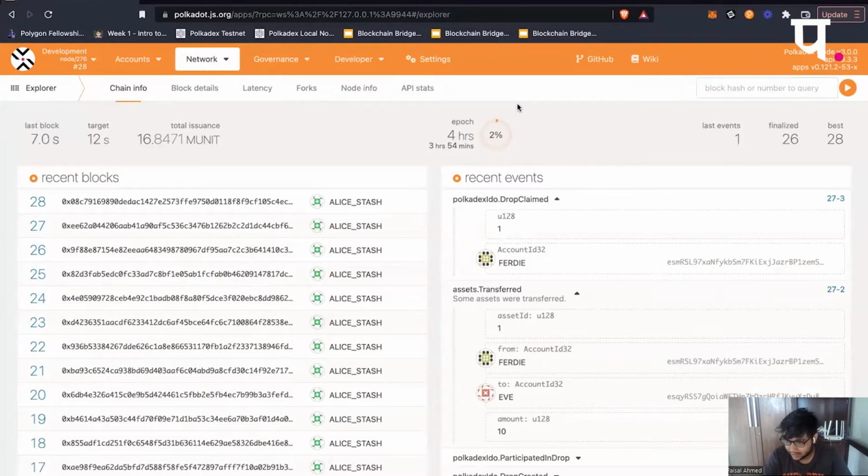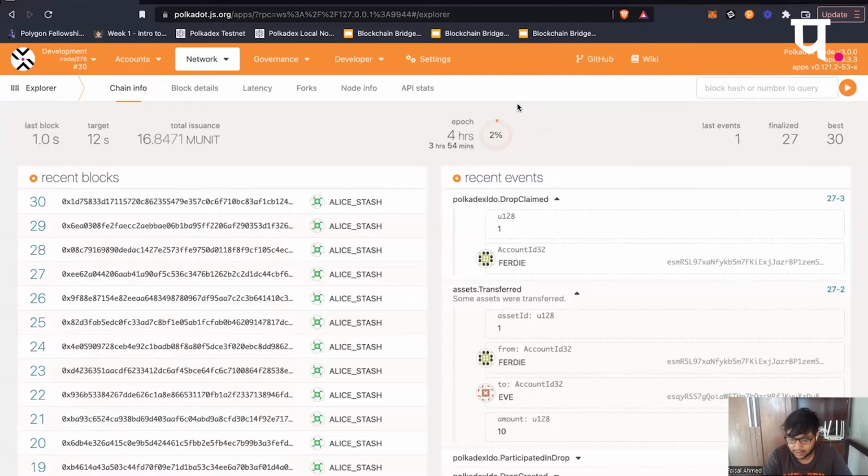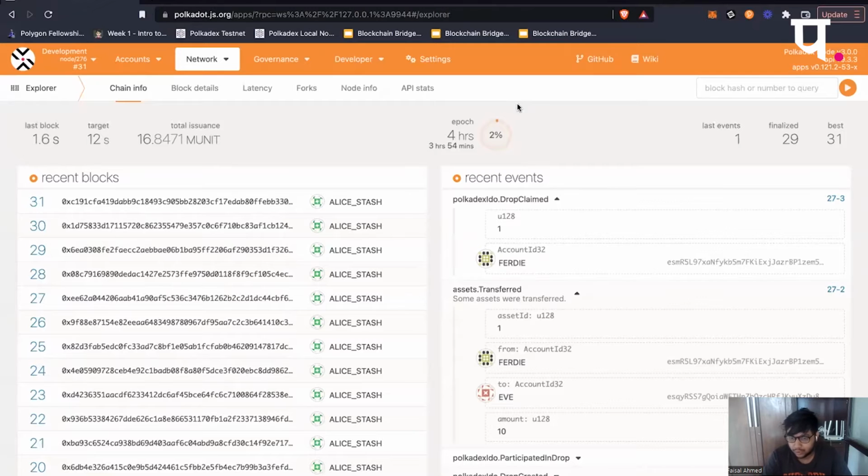You can see that verifying this entire logic from the browser is so time consuming, and doing this every time you have a new extrinsic or a new logic change is not ideal for almost anyone. I just wanted to give you a gist of how this takes place if you use an Explorer. Now I'll get into how we will go about mocking this entire scenario that we just did inside a test environment. Before we do that, I'll also go through some of the pallet code. So far, are there any questions in the chat?